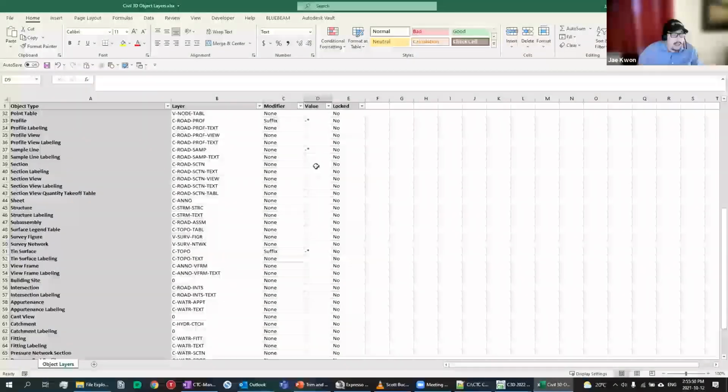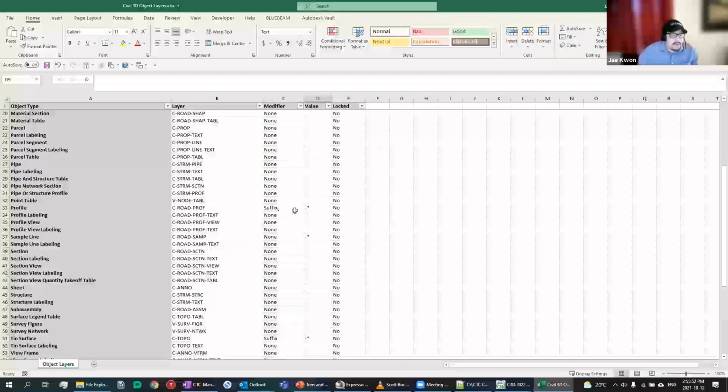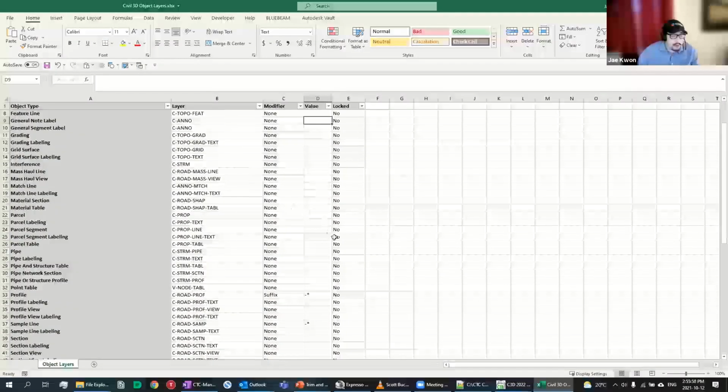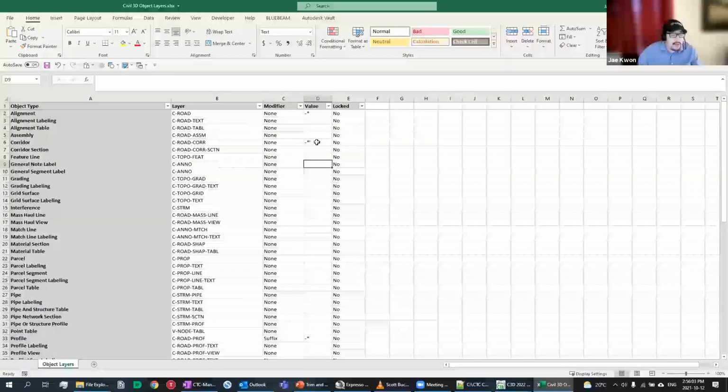Right now I have some suffixes set up for some objects, for example alignment profiles, corridors, and things. Anytime I create one of those, it's going to add the name of the alignment, profile, or corridor to the end of the layer name,